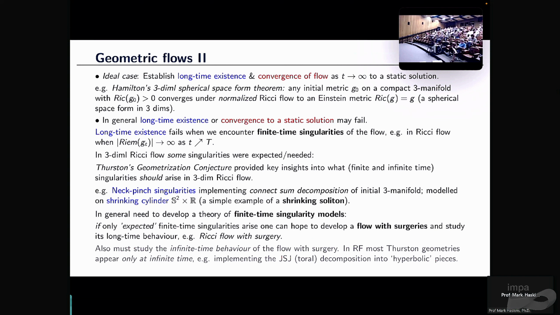And then if, as part of that finite time singularity model development, you can prove that only the expected finite time singularities arise, so if we only have things like neck pinch singularities, then we could hope to do this flow with surgeries. So we have to have a modified version of the flow, which when it sees something like a neck pinch singularity developing,